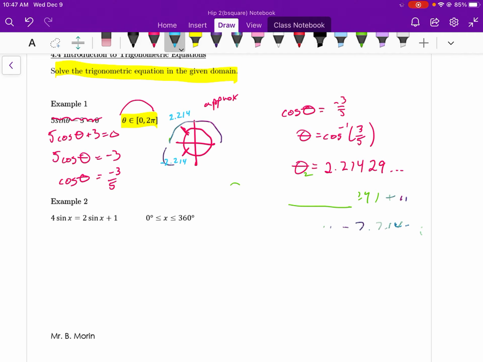But I'm not after this amount, am I? So I need to find an answer that's in the domain from 0 to 2 pi. I'm having erasing issues here, I apologize. It's just not working. So what I could do to get the angle that is coterminal with negative 2.214